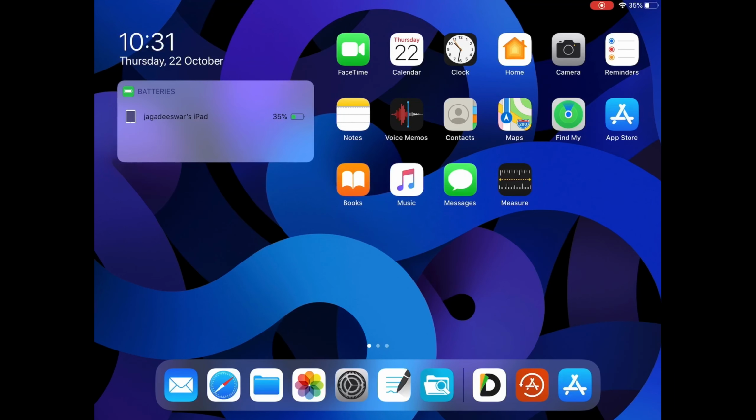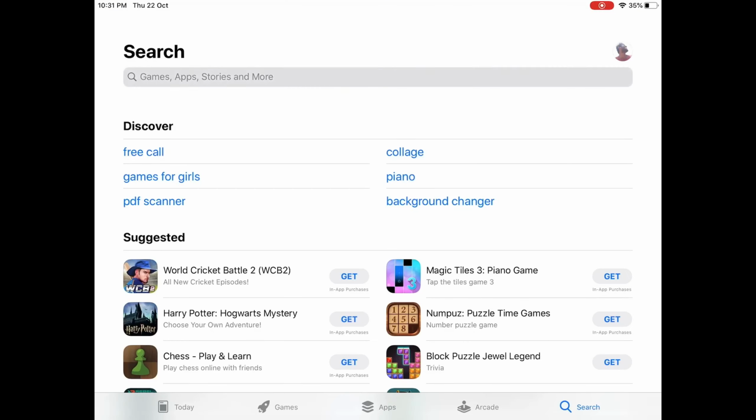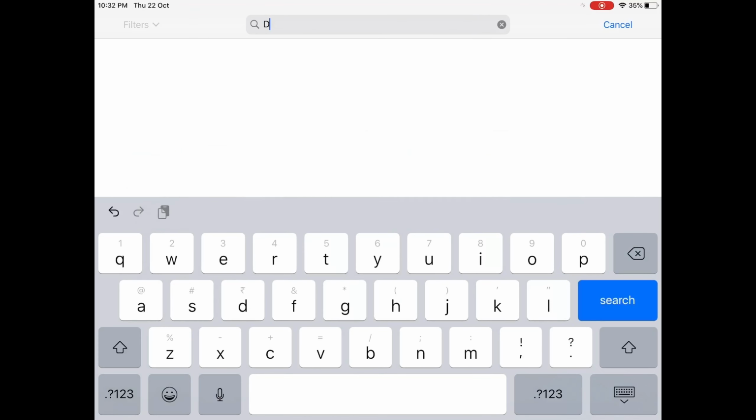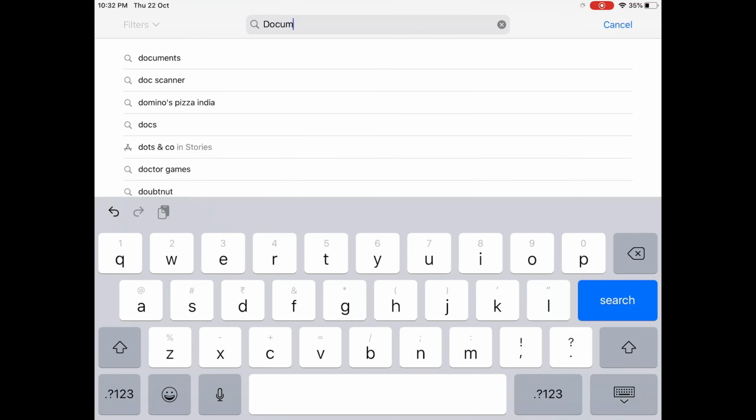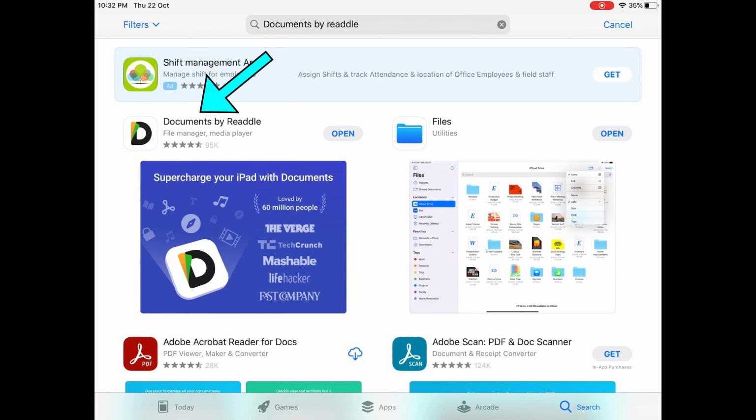Now open the App Store and search for Documents by Readdle. Install this app.